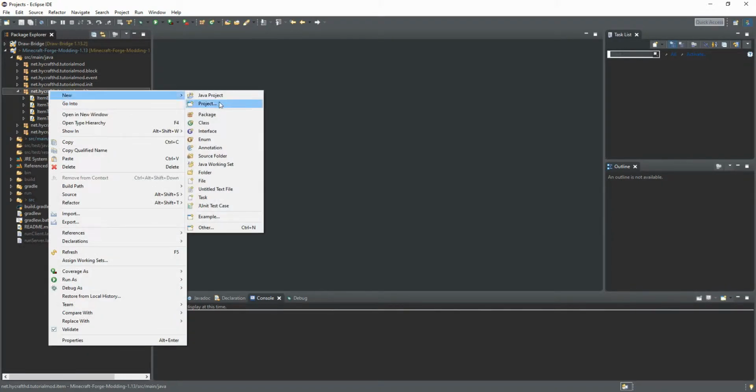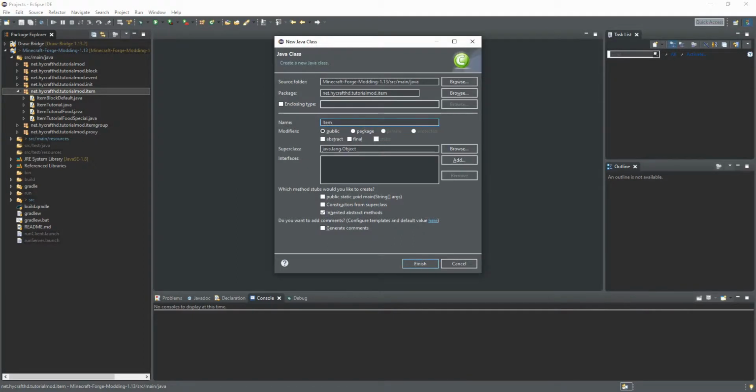We are going to make a new class for our container item, and then I'll explain what a container item actually is. A container item pretty much is if you have an item and you want it to be used in crafting more often, for example, or if you don't want it to be deleted when you craft it, you can provide itself as a container item, and then it is just a container that has more uses to it than just it being deleted on crafting. So it is for crafting,